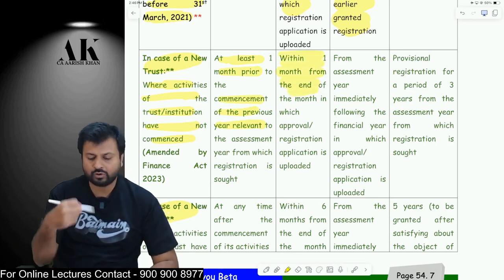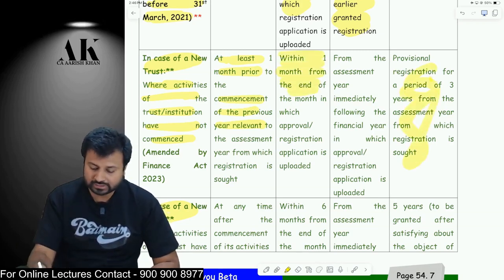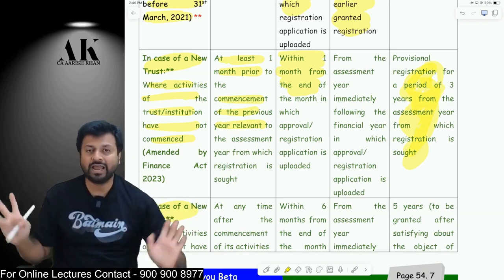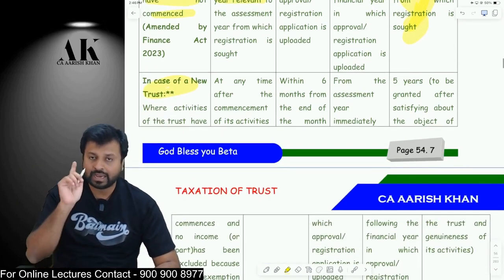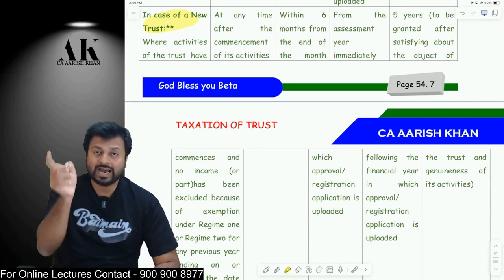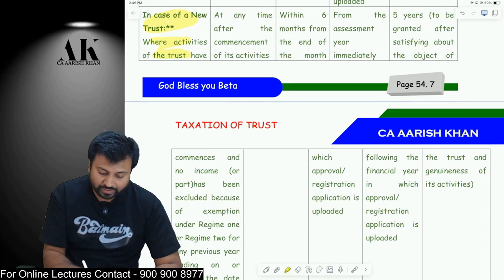Then within 1 month I am going to get the registration, but only for 3 years, and that too it will be a provisional registration. I will not get a final registration directly. I will only get a provisional registration. But if I am a new trust and my activities have already commenced earlier,